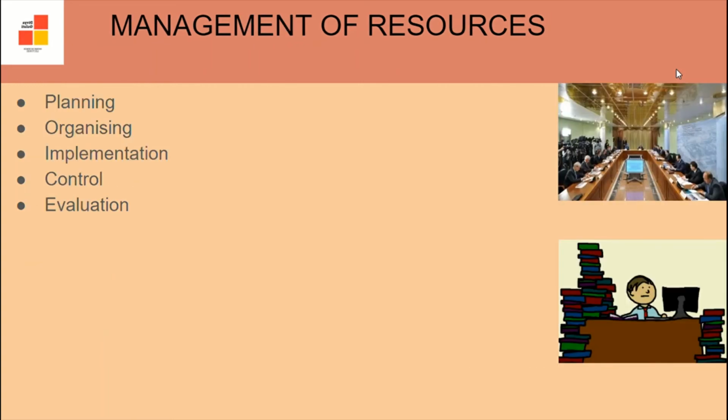Let's talk about the management of resources. It involves 5 steps. Planning: the first step is to visualize the path to reach our goal. This includes identifying the problem, identifying different alternatives, choosing the best alternative, acting to carry out the plan, and accepting the consequences. Organizing: it is the collection and arranging of appropriate resources to implement the plan in an efficient manner.